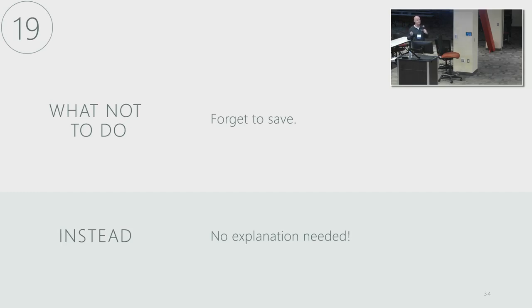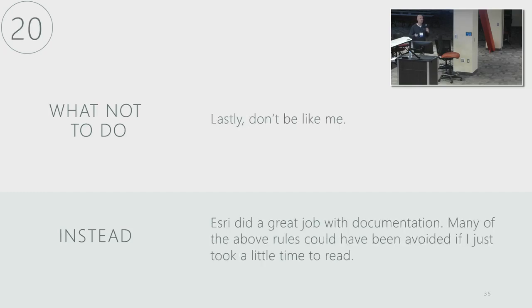And I'm going to just finish with: 1 through 19 could have been simply avoided if I would have just read the documentation. Most everything is in there in black and white. I did not read a thing. I mean, it was embarrassing. Like, there's headings like use multiple layers, copy and paste, label everything. All of that is in there. So, I mean, I'm not going to change. I'll just do the same thing next time. But for the rest of you, especially the students, read the documentation.